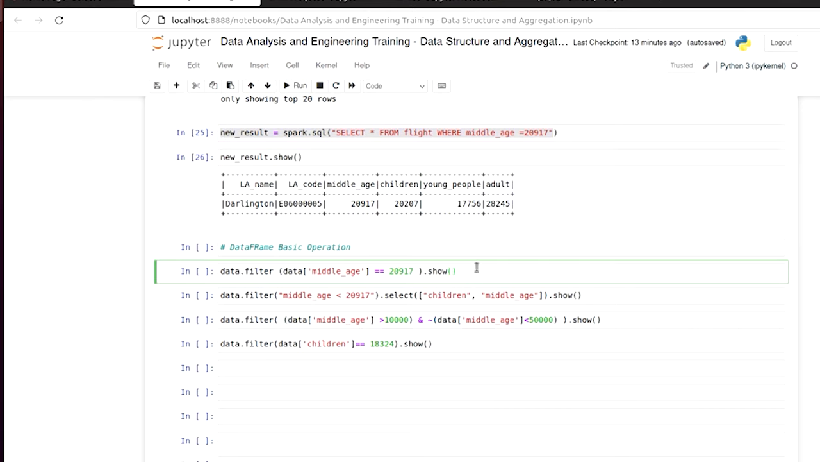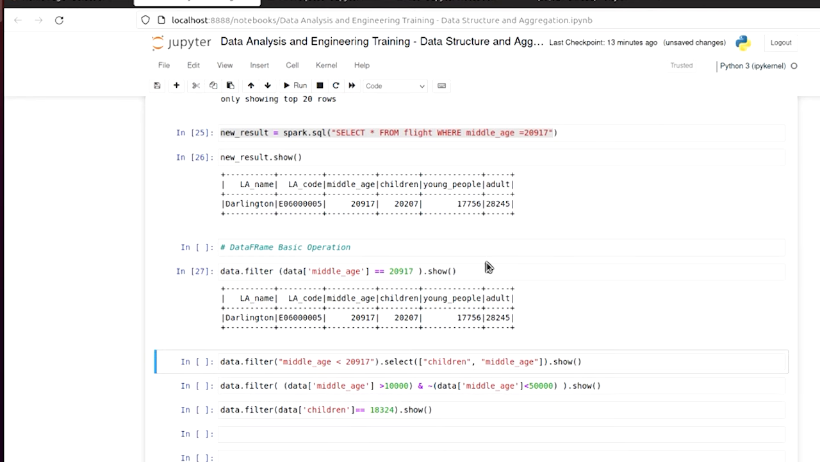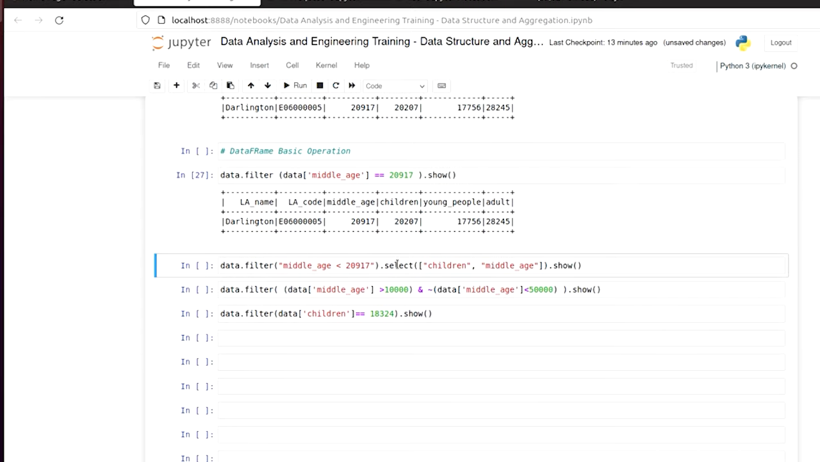So we want to show the result. Let's see what we have. It's going to give us the same result. So we have several ways of filtering a particular value in the data. For example, as we can see here, we use Spark SQL, we use normal filtering, and if we go further,